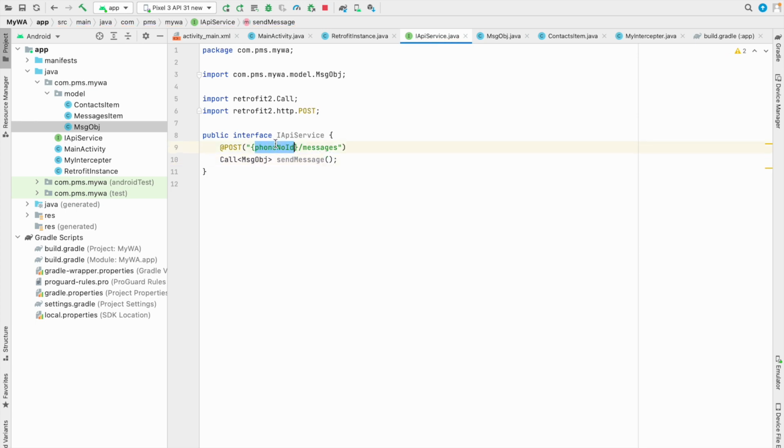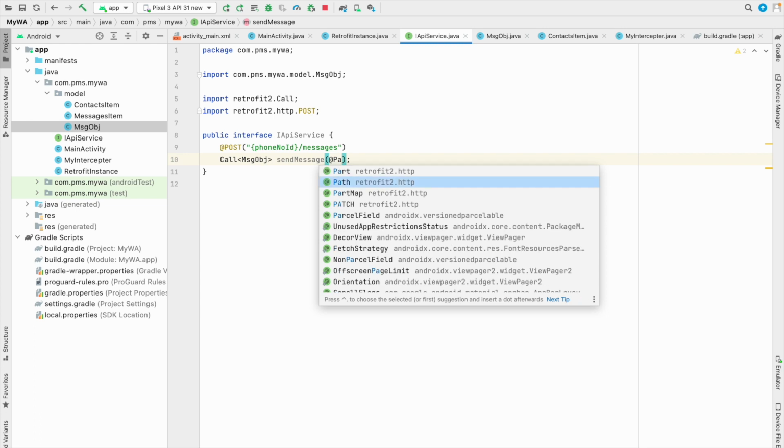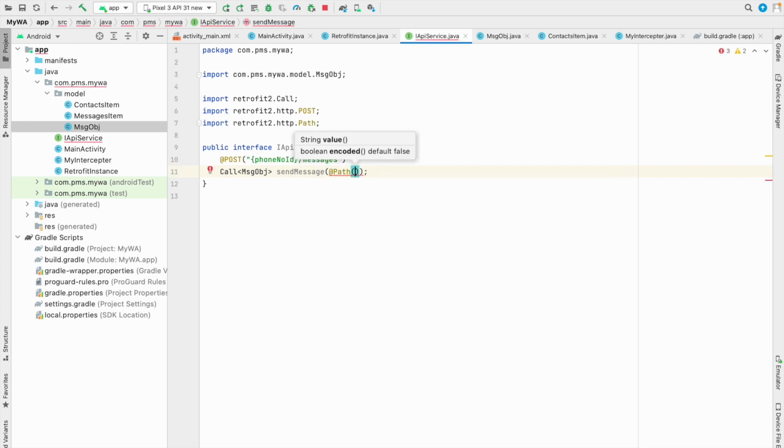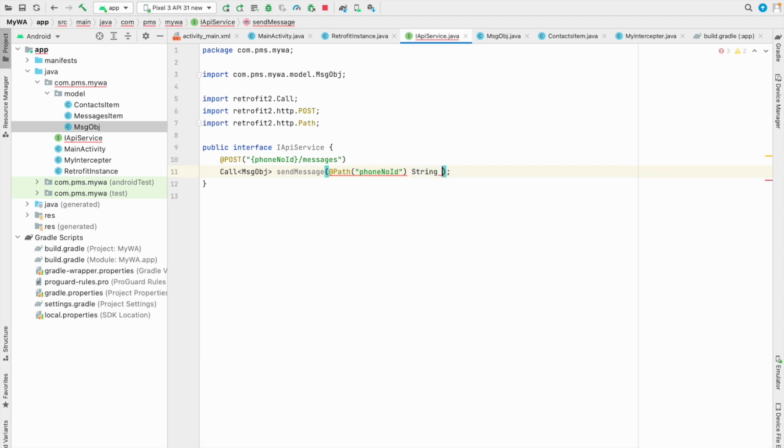But you guys see this is a phone number ID, right? So phone number ID is coming from the path, right? Just type path, and here the path name is this one, copy the exact name here and paste it here. And after that we have to provide the variable type, that's a string, and that is phone number ID, right? That's all. And after that I hit enter and put a comma here, and after that I have to pass the body,